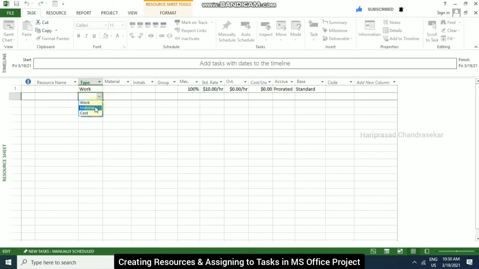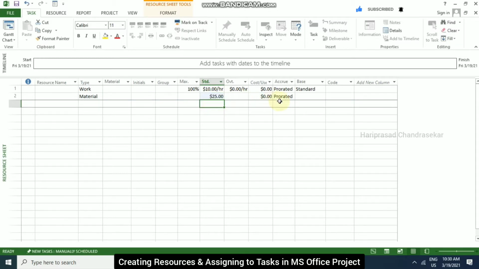And second, I'm going to take material. Then for material, we will only have the cost, for example, some $25 like that.